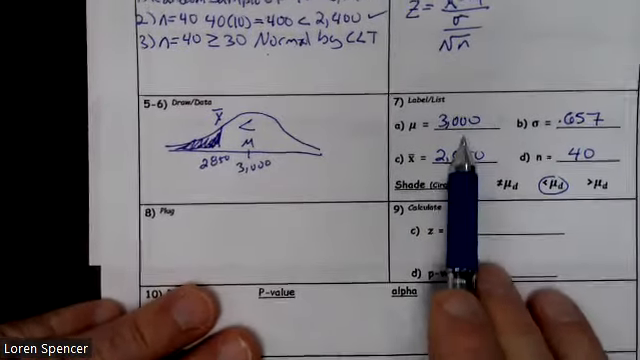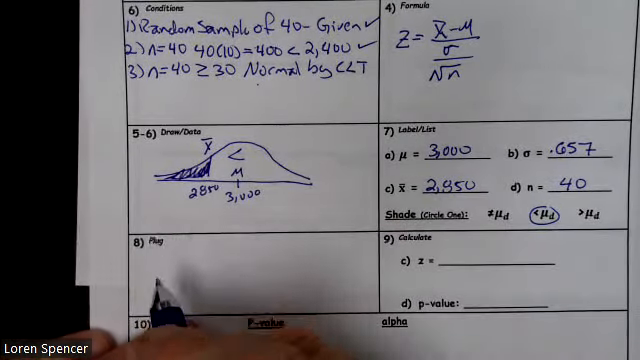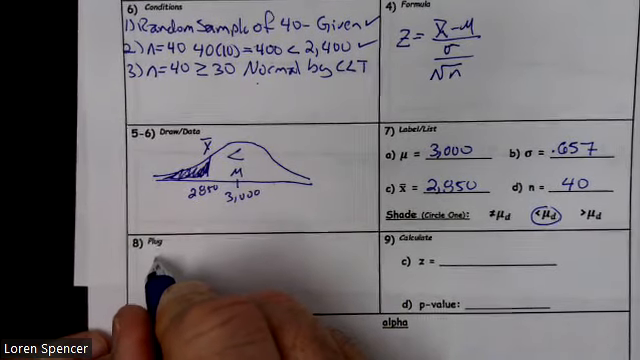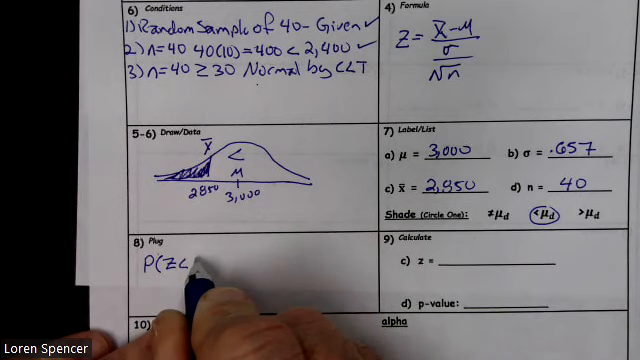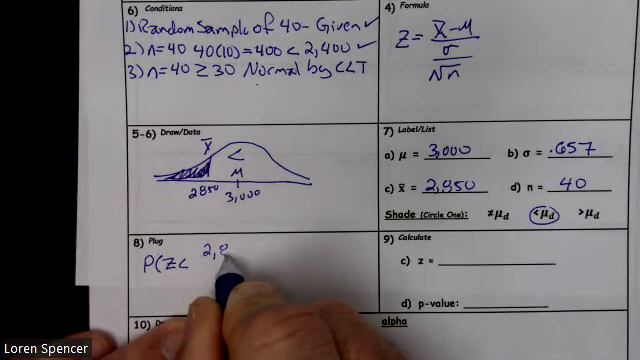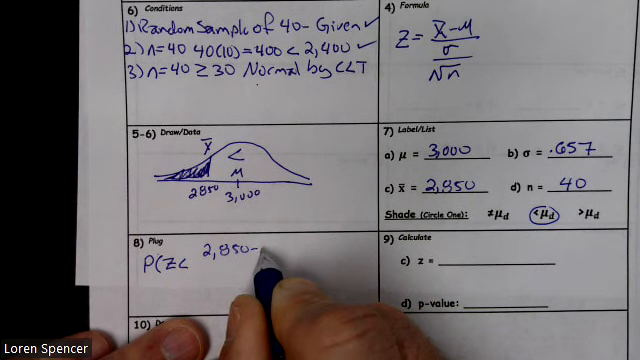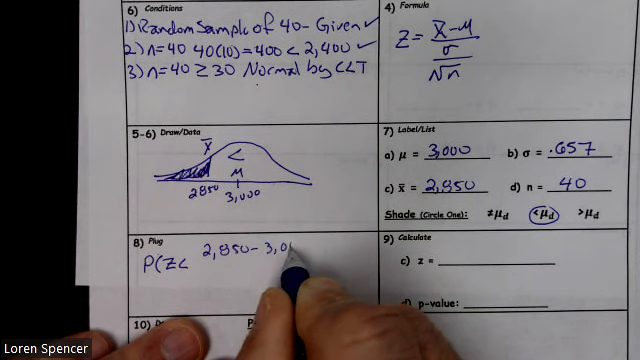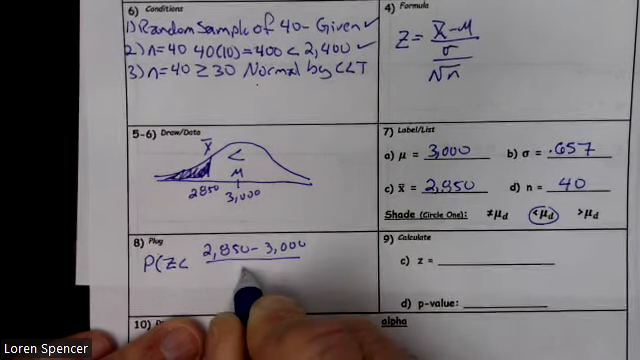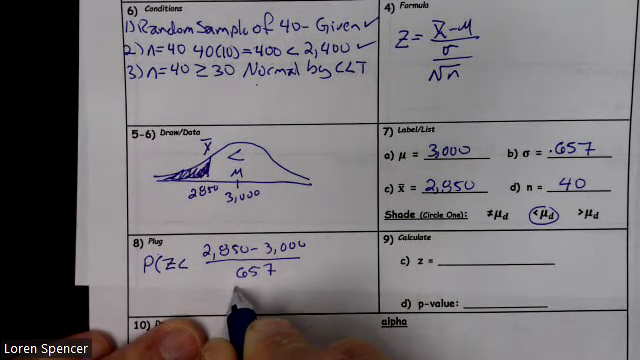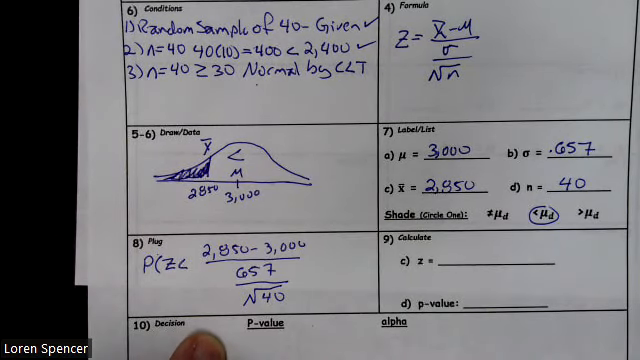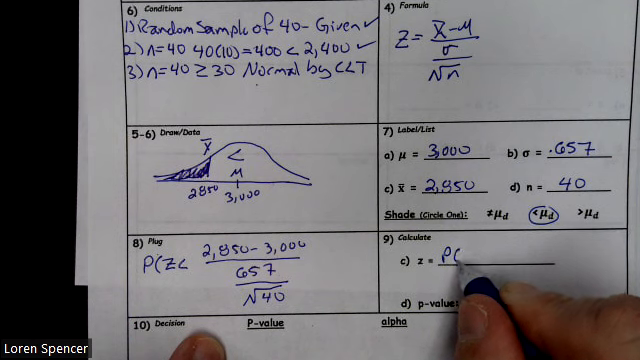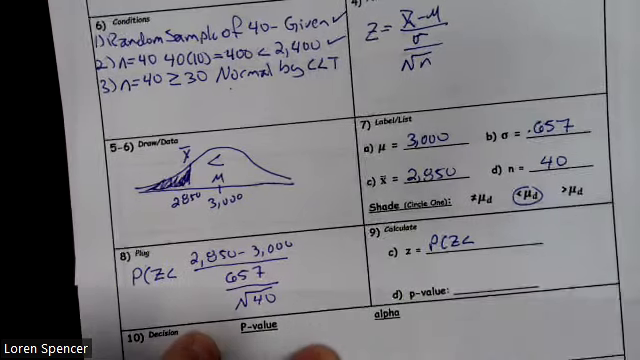So now we're going to plug these values into our formula. So we want the probability that Z is less than 2,850 minus the 3,000 over 657 divided by the square root of 40. So we want the probability that Z is less than